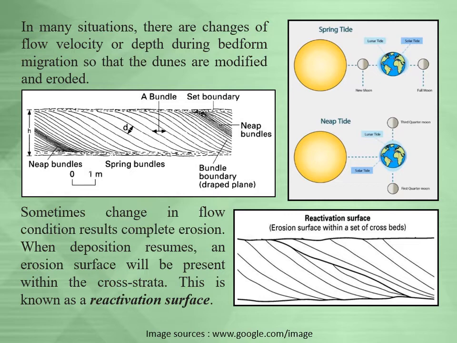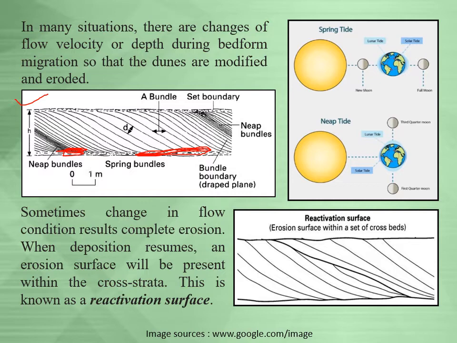Now in the first picture you can see that the distance between two successive cross strata is not constant. In some cases they are very closely spaced, as you see here, and in some places they are very distantly placed, as you see here. This results due to tidal cyclicity. You know that